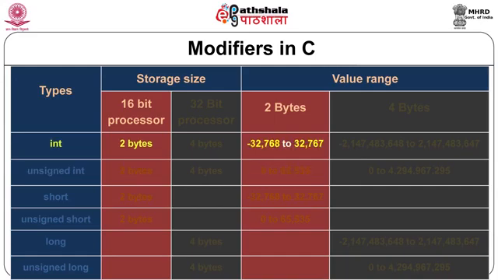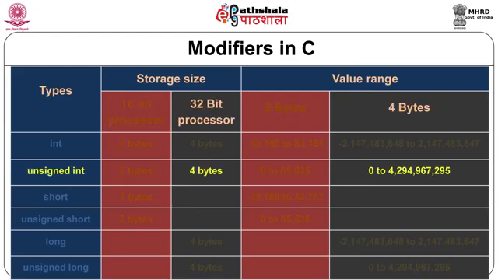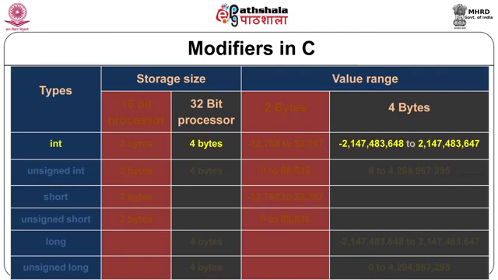The range is minus 32,768 to 32,767. Then integer in a 32-bit processor, storage size is 4 byte and range is minus 2,147,483,648 to plus